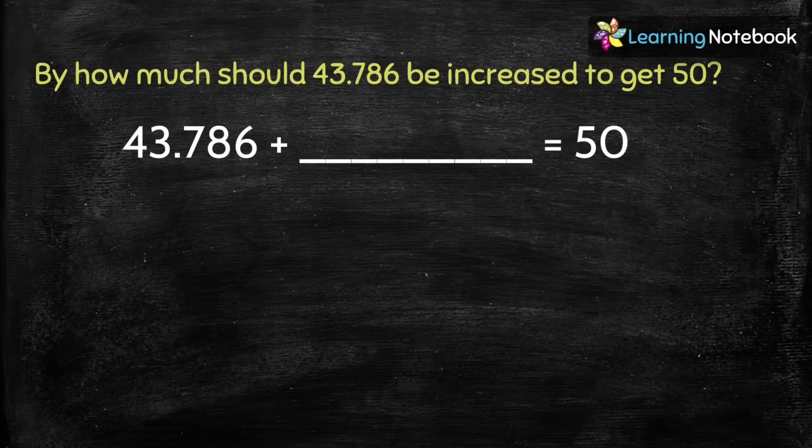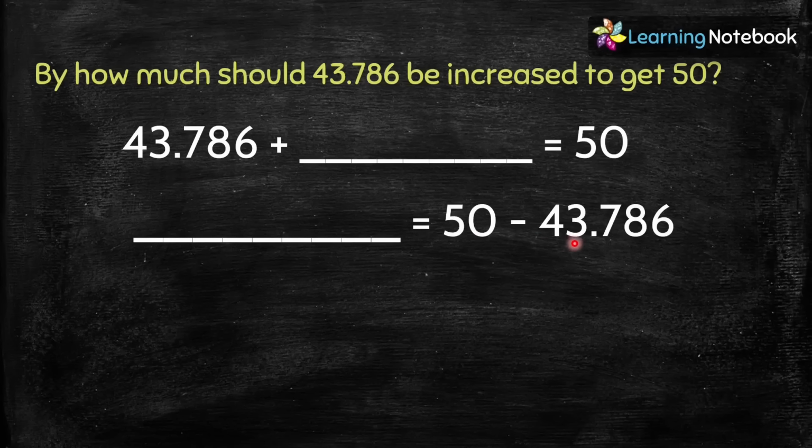So we have to find this blank here. So let's bring 43.786 to the right of equals to, and thus its sign gets changed to minus. So now we have to find 50 minus